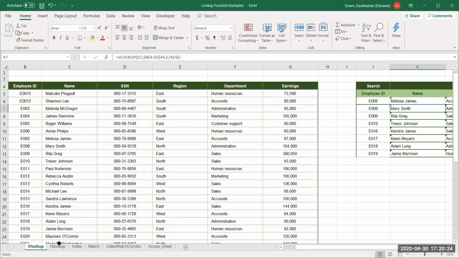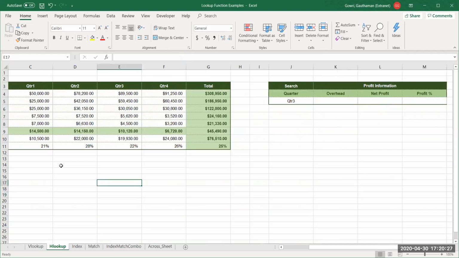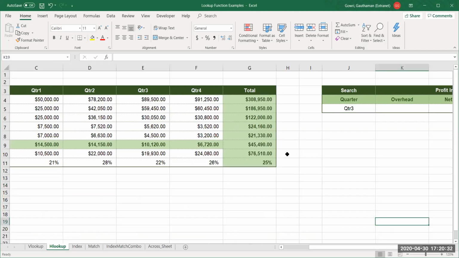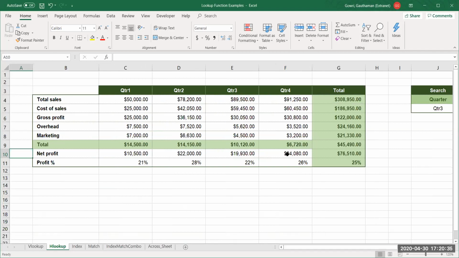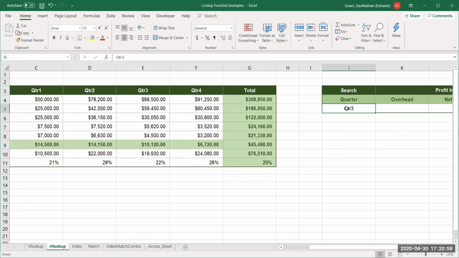Yes. So let's go for HLOOKUP. See, even in HLOOKUP, you have to take care of the two conditions. Similar to VLOOKUP, but the direction of looking for the value is going to change. VLOOKUP will look for the value vertically, whereas HLOOKUP will look for the value horizontally. So like this, in this direction, the search will happen. Now, you have to make sure your lookup value that you have considered here is present in the topmost row of your selection.